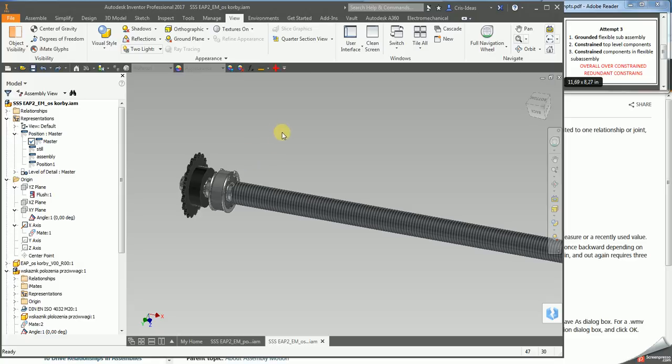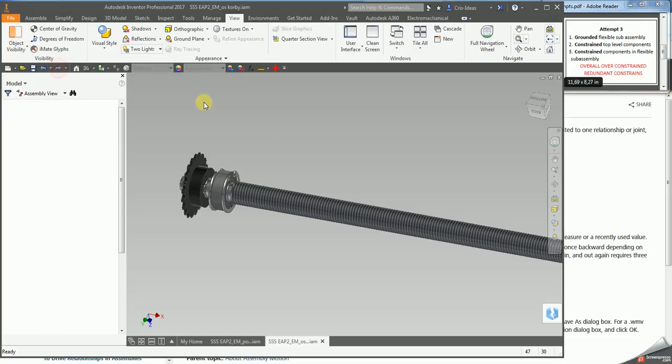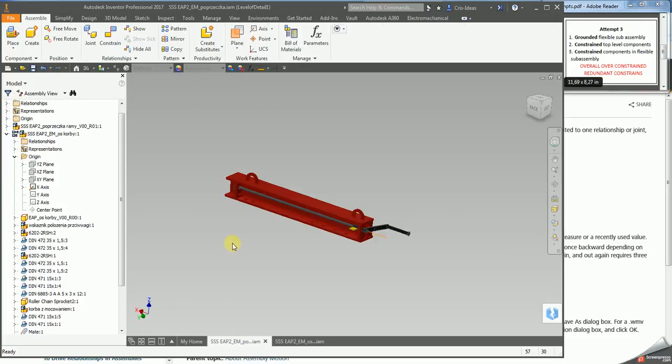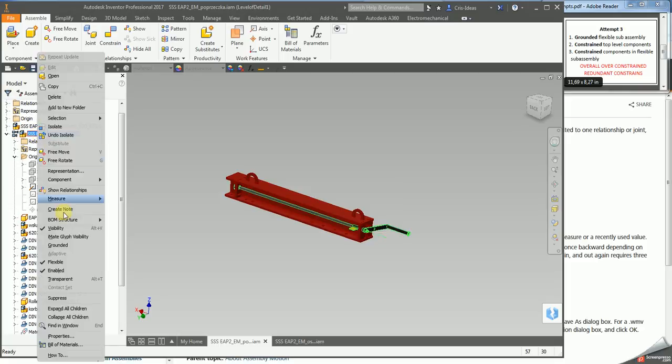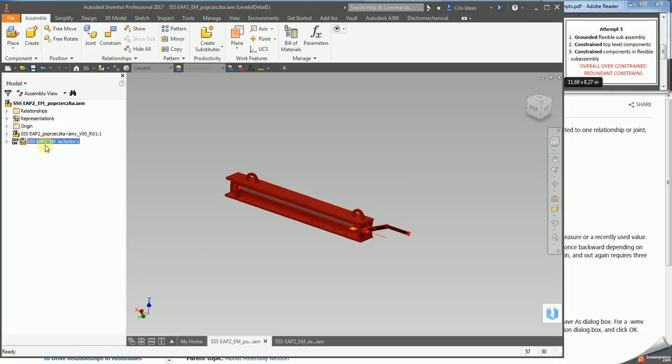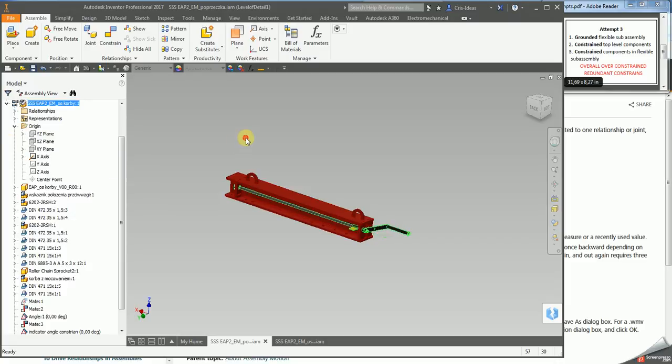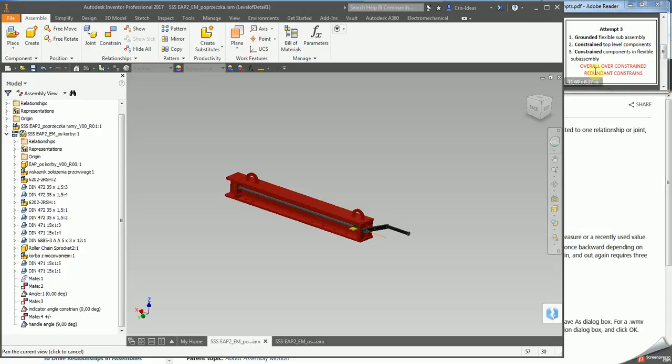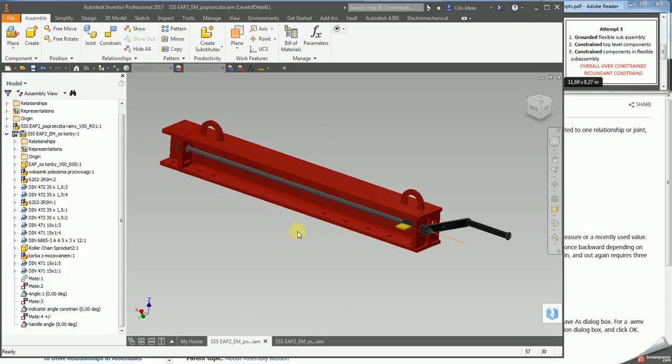Maybe it will be fixed. Sorry, just there. And now, okay, now I do not have any indication of failure, so I will now ground it. And this moment when I apply grounded constraint to the flexible container assembly, I am having an over constraint situation